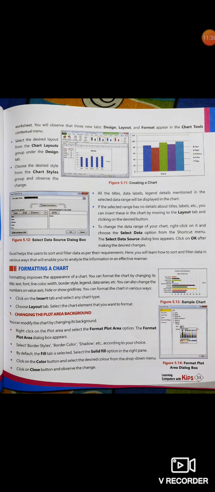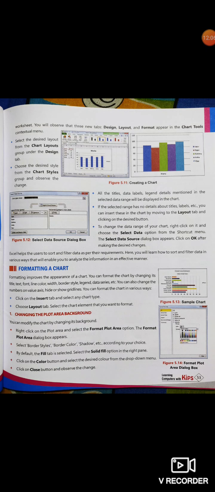So after assigning a title, we can format it in two ways. First method is we have to select the chart title, then we have to click on the chart title button in the labels group on the layout tab. Whenever we are clicking on the chart title button, a drop down menu will appear. We have to select the more title options and the format chart title dialog box will appear. Now we have to format our chart title by using the available options.